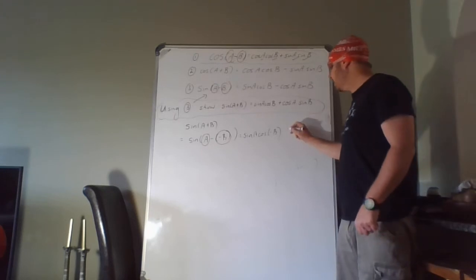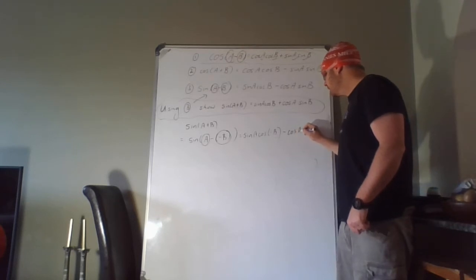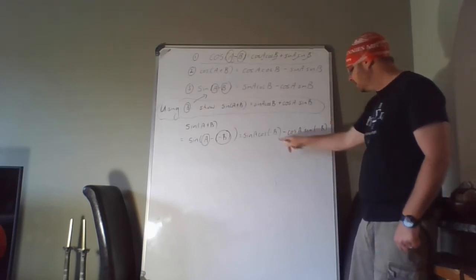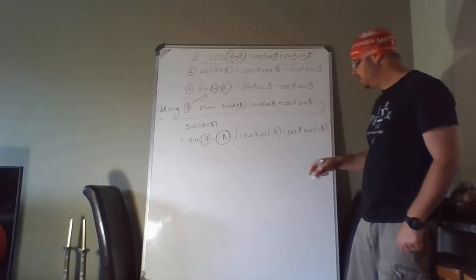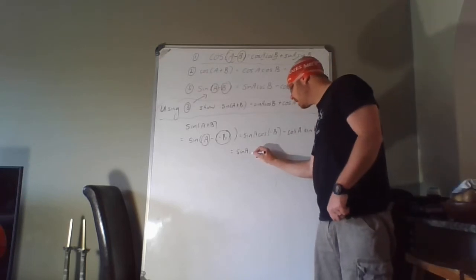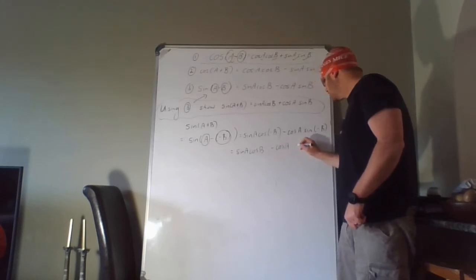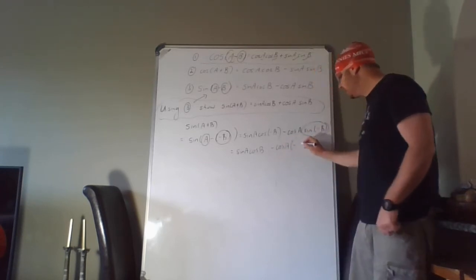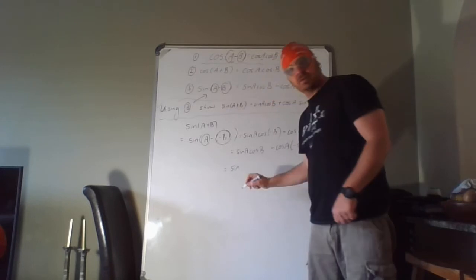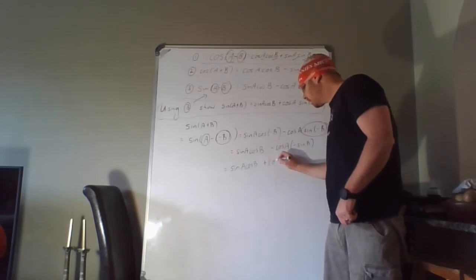Did you get it? Right, minus cos of the first angle, which is A, sine of the second angle, which is negative B. Right, so apply your negative reduction formula there, and you're going to end up with sine A, or cos of negative B is the same thing as cos B, minus cos A times sine of negative B, which becomes negative sine B, and then the negative and the negative make a positive. So I end up with sine A cos B plus cos A